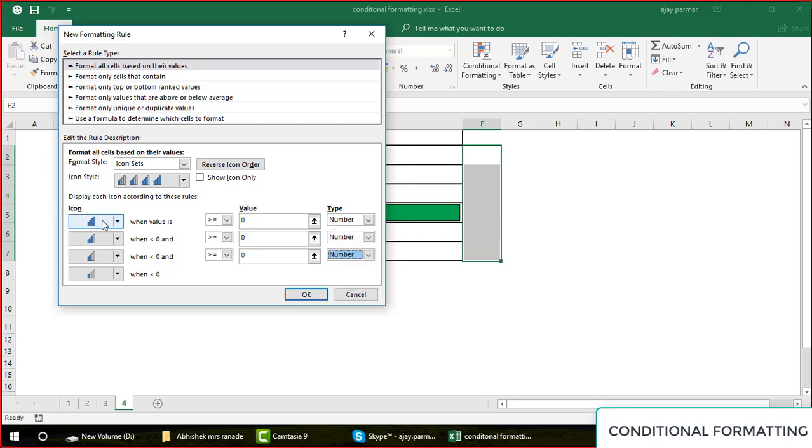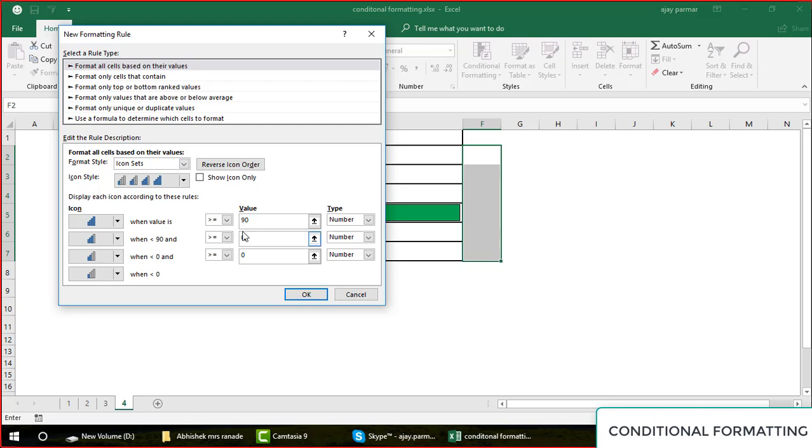Now this is a full graph, you can see. So I say that when the value is greater than or equal to 90, when you click outside, you see this condition automatically changes. This is what I was explaining in question number 2 also: when you write the conditional formatting, don't leave gaps, otherwise some cells may not get the color. So less than 90 automatically comes.